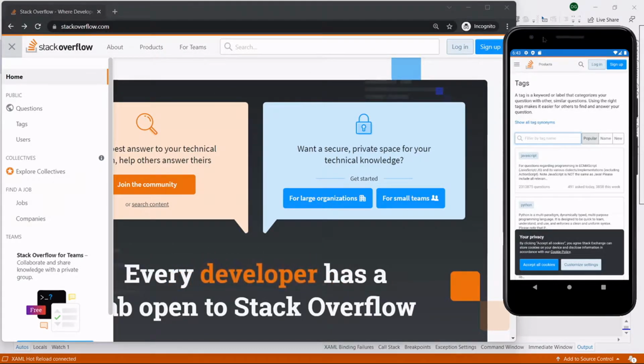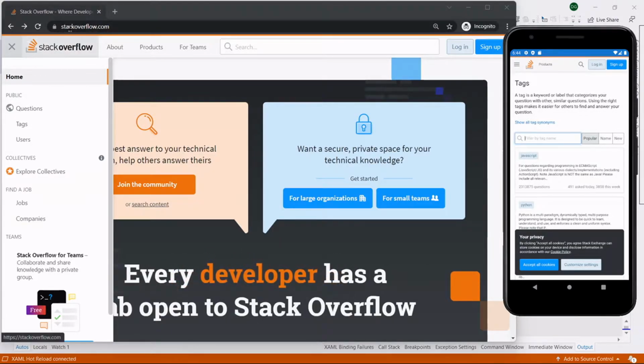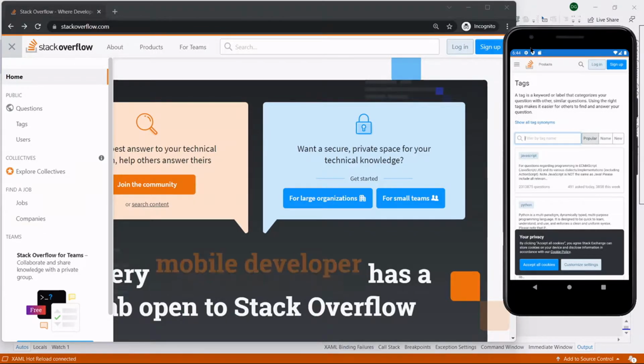But if you run the same website in our Xamarin Forms application web view page, the page doesn't have any back arrow option like we have in the browser. Here you can see the browser and my Forms application side by side. In my browser I have a back arrow option to go to the previous page, but in my web view page I don't have any back arrow option. So this is one main disadvantage if you run any website in our web view page.